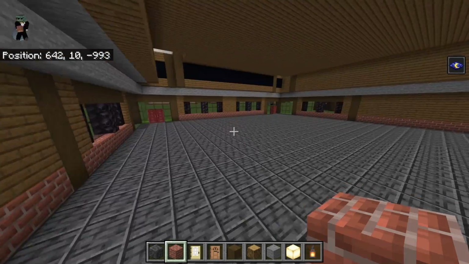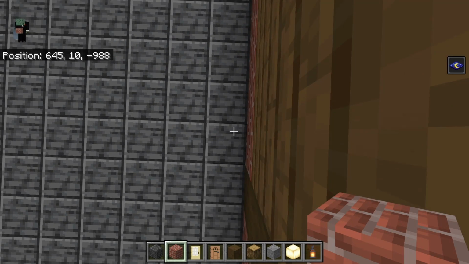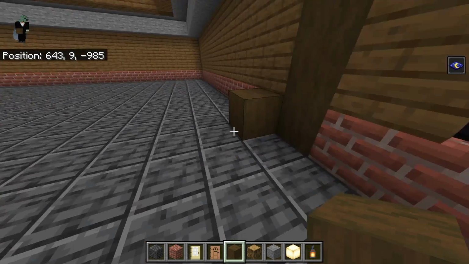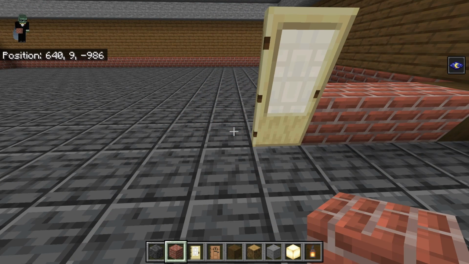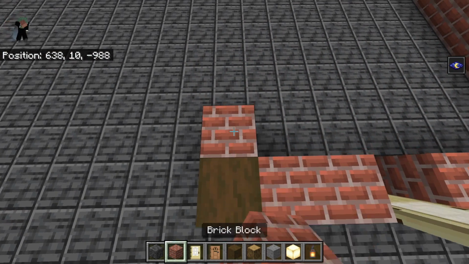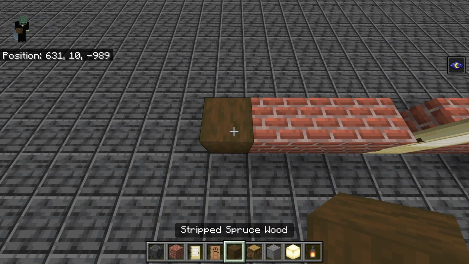Come to the back right-hand corner of your build, and you want to be on this polished deep slate here. And from it, you want to count forward by 13. And on this block, you want to place an upward-facing strip spruce. Alternatively, it is just back diagonally left from this row here on the wall. Anyway, going left from that, you will place 3 bricks, birch door, 2 bricks, strip spruce wood, go back with 2 bricks, left 2, then place a birch door, 3 bricks, strip spruce, then